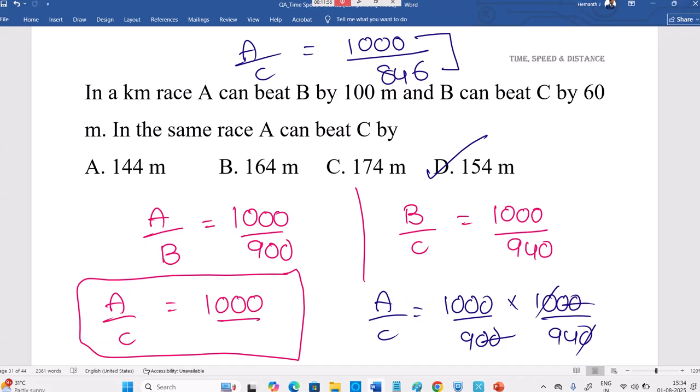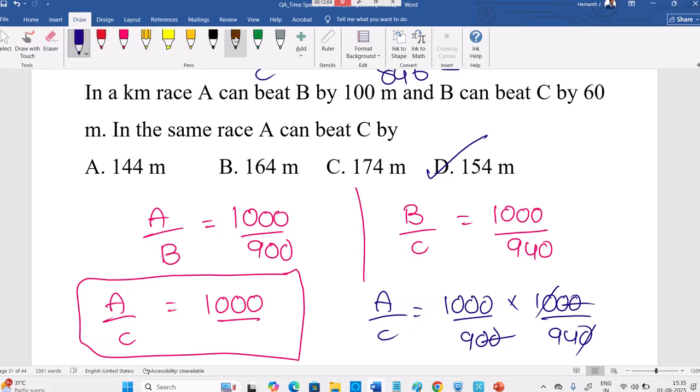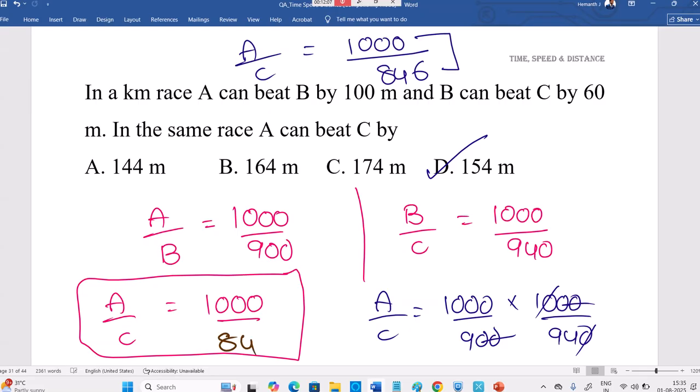That equation A by D, why it is 1000 divided by 900 and all, you just use that basics. Now, the real test is whether you understand the statements that were given initially, and the next questions will check that. In a 500-meter race, A beats B by 100 meters. In a 500-meter race, A gives 10 seconds to B. In a 500-meter race, A can give 10 meters start to B. All those will be useful for the next questions. Now you can see that time, distance and speed will come into the picture with the next questions. I hope you understand this one.